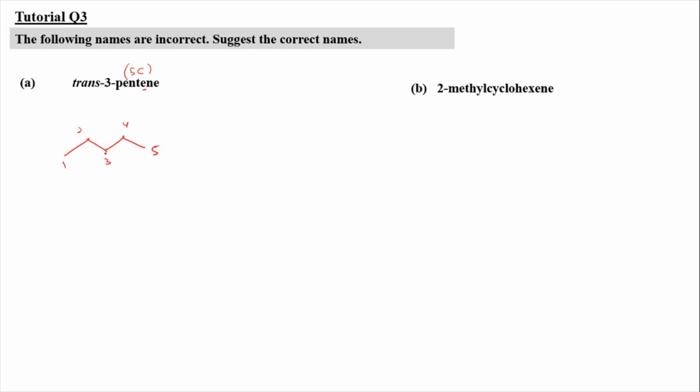So they thought that number 3 is going to be here. And if I were to expand the structure, there is going to be hydrogen here and hydrogen here. So this shows that it is the trans structure of the 3-pentene. So they thought that the name is going to be trans 3-pentene, which you might think is right, but actually this is the wrong name. It's supposed to be